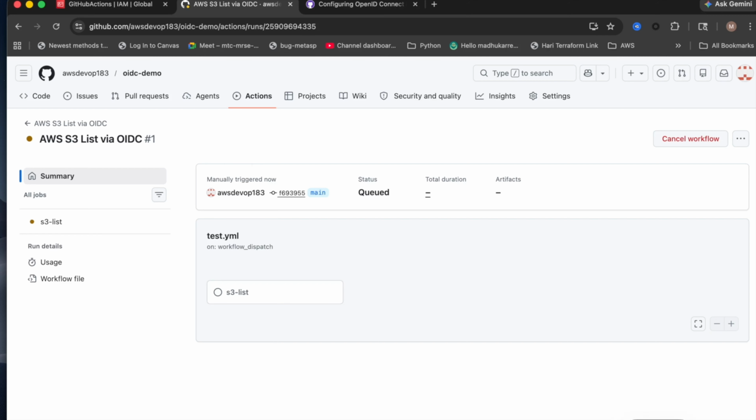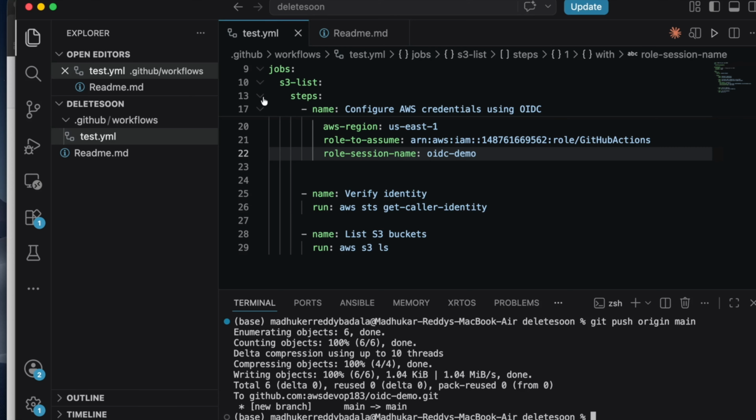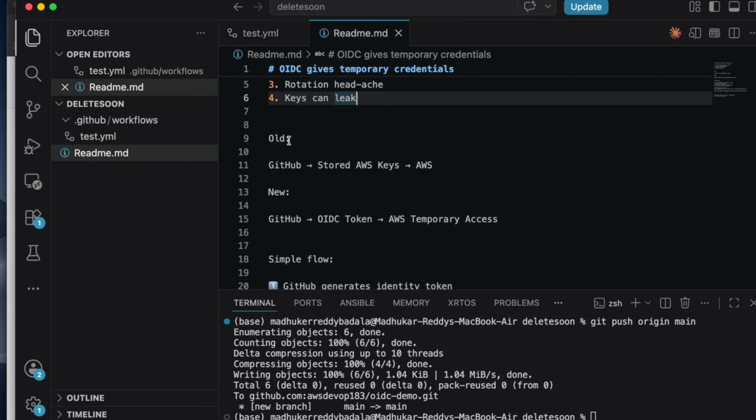Meanwhile, what's happening is that earlier we used a secret key and access key stored in secrets, but now, once you run this workflow, GitHub is going to create a token and give it to AWS, and then AWS gives temporary credentials.